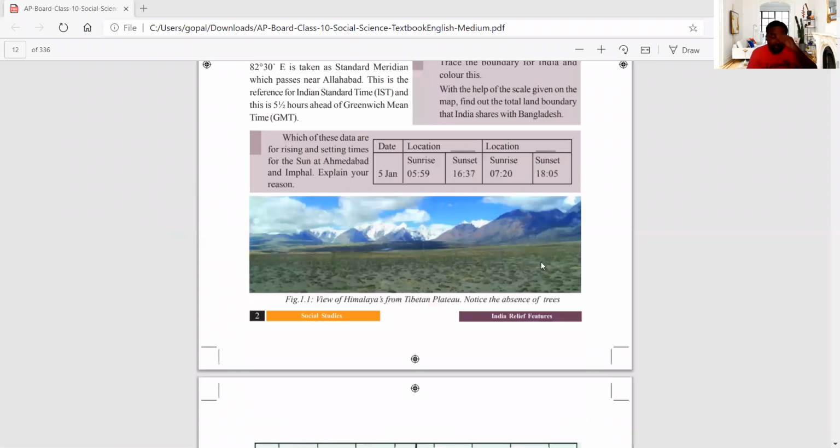Next, we'll discuss this. This is helpful for your public exam. First we'll discuss the textbook. The textbook is very important. If you are going through this textbook, just read through the textbook only. Whenever the exams are coming, they will prefer only the textbook. If you are very perfect with the textbook, no question will escape from you. You can attempt all questions.